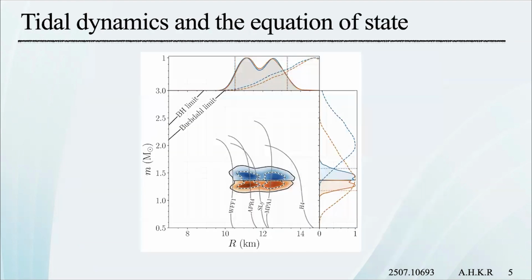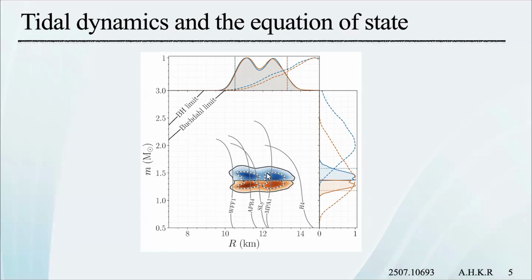So I'll briefly describe the results from the LIGO collaboration here, just to highlight why tidal modeling is important and what the end scientific goal is. In this plot, on the y-axis you have the mass of the two components in the binary neutron star, and on the x-axis is the radius. These orange and blue contour plots show the inferred mass and radius of the neutron star. And to do this, you need to model the tidal dynamics. So the mass and radius can be inferred by understanding